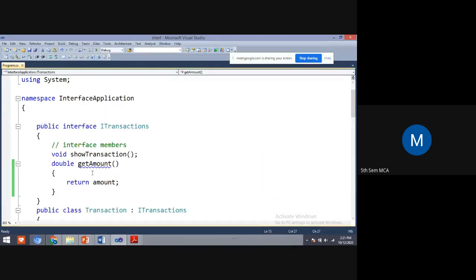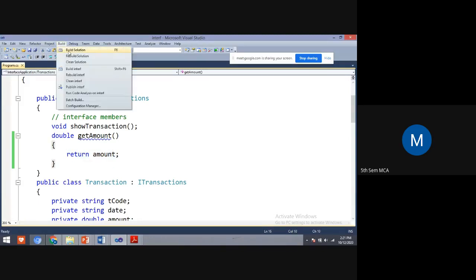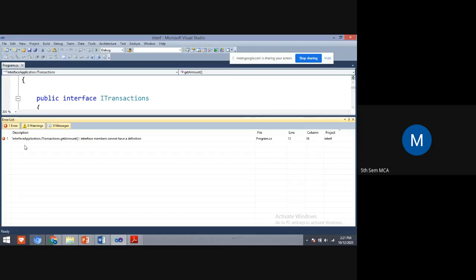Yes, students, what changes have I done here? Previously, I had just declared the GetAmount method here, but now I have also implemented it, with the statement I want to display and return in the GetAmount method. I have written that here. Now I'll compile the program. See,